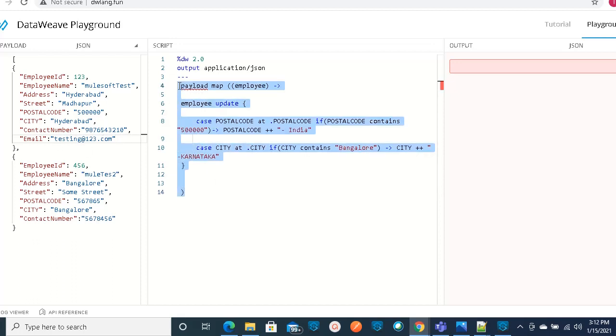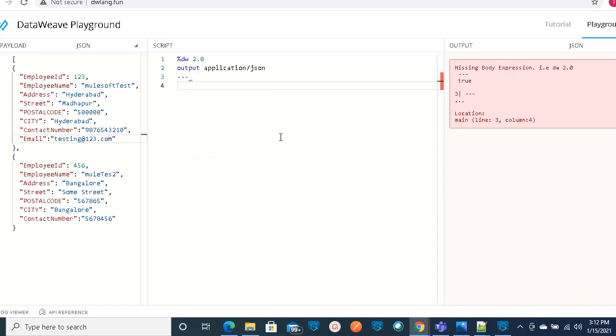Let me remove this. And let us see. Now our requirement is if the email field is available, we need to update that value. If the email field is not there, we need to insert that email field in the result. So if you observe this example carefully, for our first object we have the email field. For the second object, we don't have the email field. Once we utilize this update operator as an upsert, you can understand how we can do this.